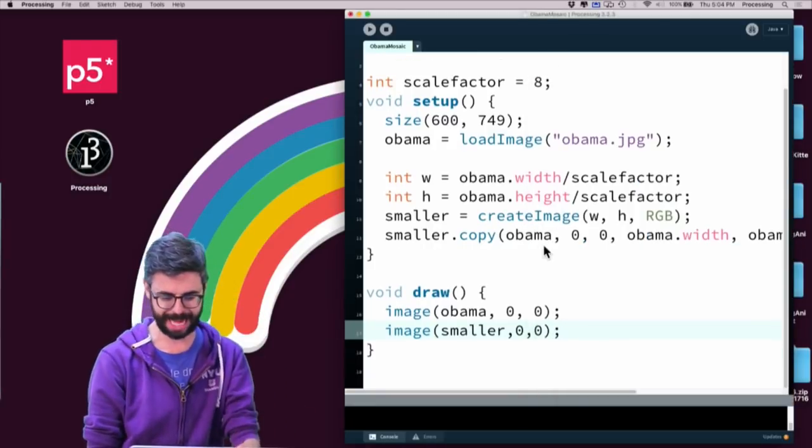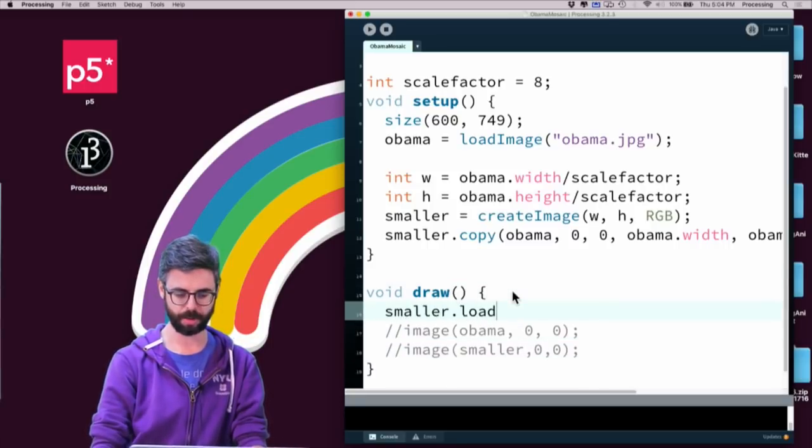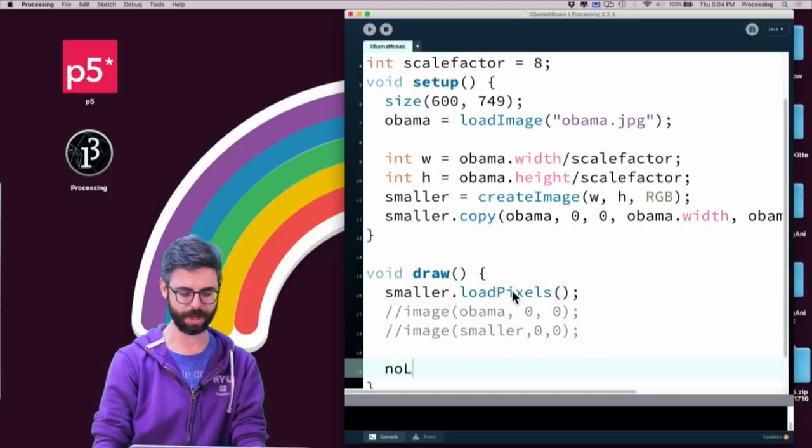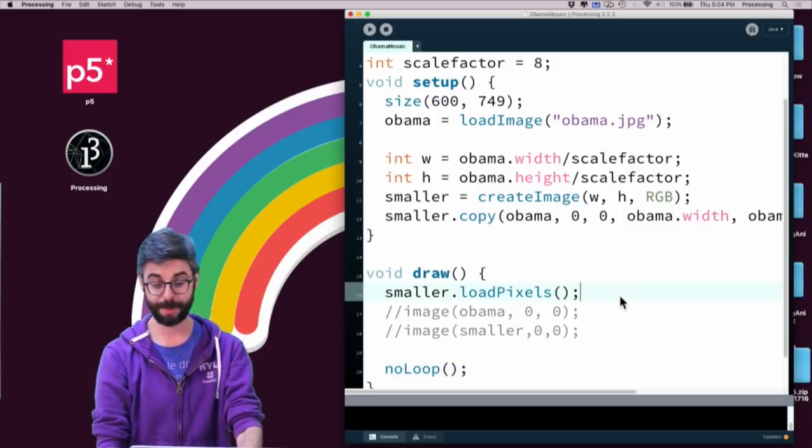The reason why I'm doing that is now I actually want to read the pixels. So I'm going to say smaller.loadPixels. I guess making this photo mosaic is something I only need to do once, so I'm going to add noLoop at the end of draw. There's no need to loop over and over again. And what I'm going to do now is I'm going to say